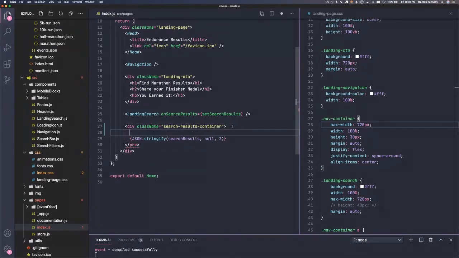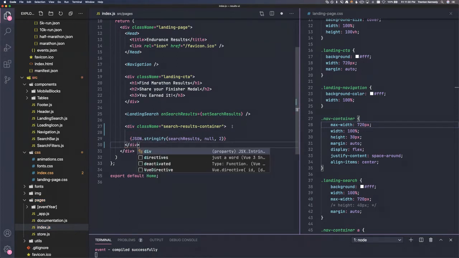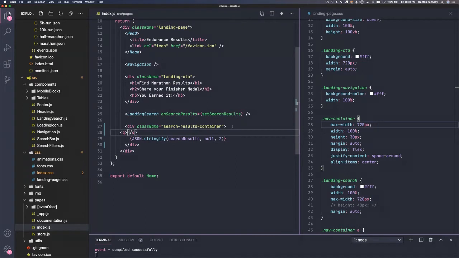Search results container. Close div. And then, whoa, Emmett, going crazy on me. We're going to create a results card. And then, so